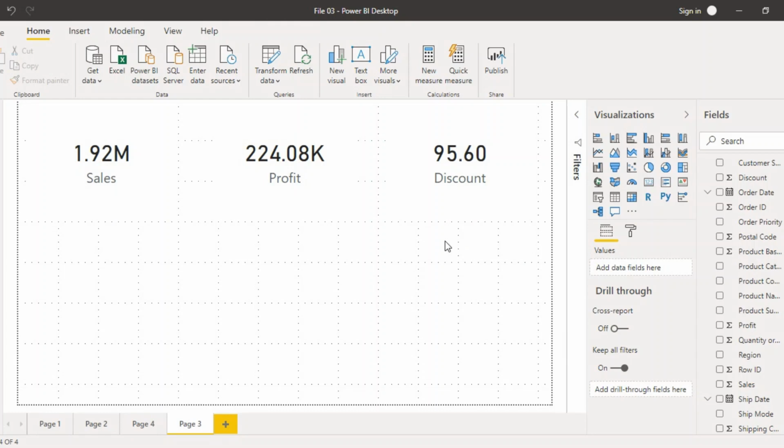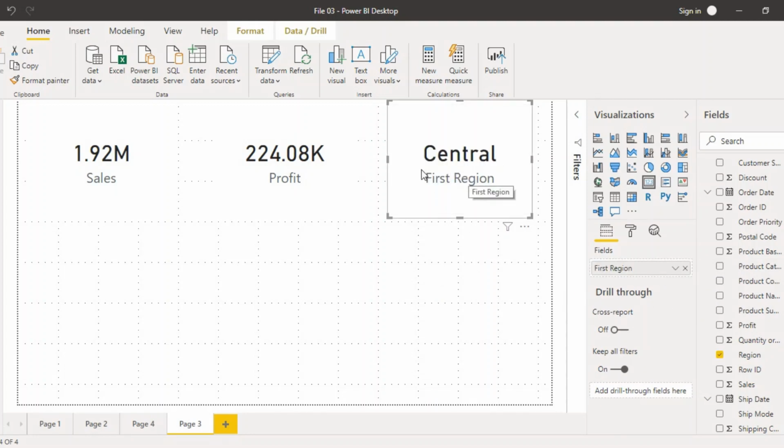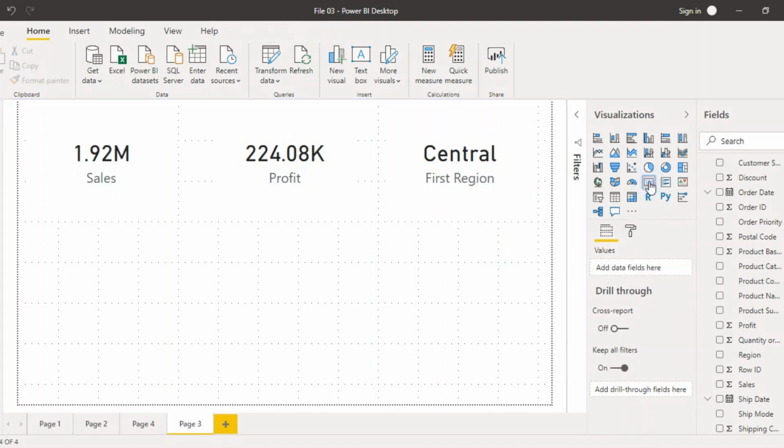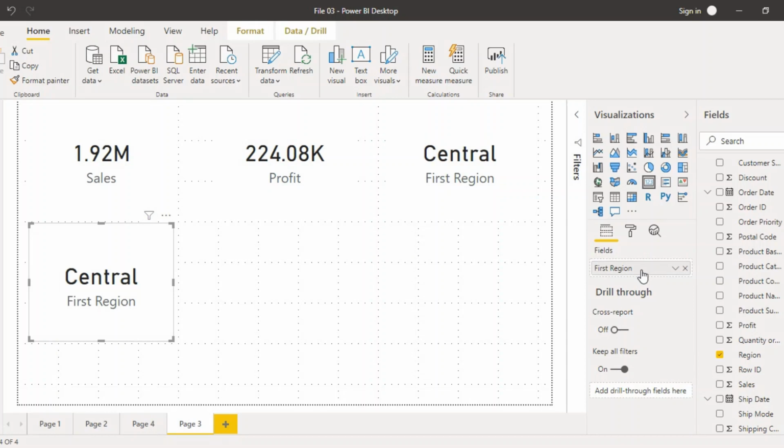Now you must have noticed one thing, that all the 3 values that I dragged into the cards are actually number values. Sales has number data, profit has number data, and discount also has number data. So it is no hard and fast rule that you can only grab the items with numerical data. You can also drag fields with other data, like textual data. So suppose we take region, which is textual data, and grab it in the field section. Then what we are getting by default is the central region. Suppose we add another card and again drag and drop this region field, then we are getting again the central region.